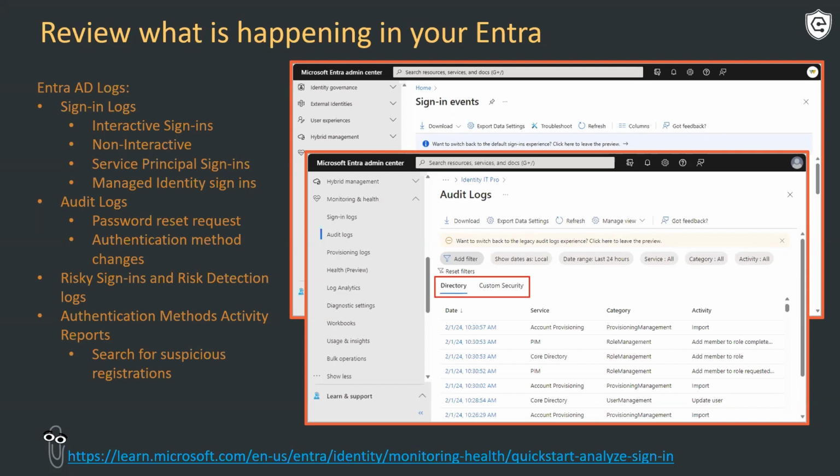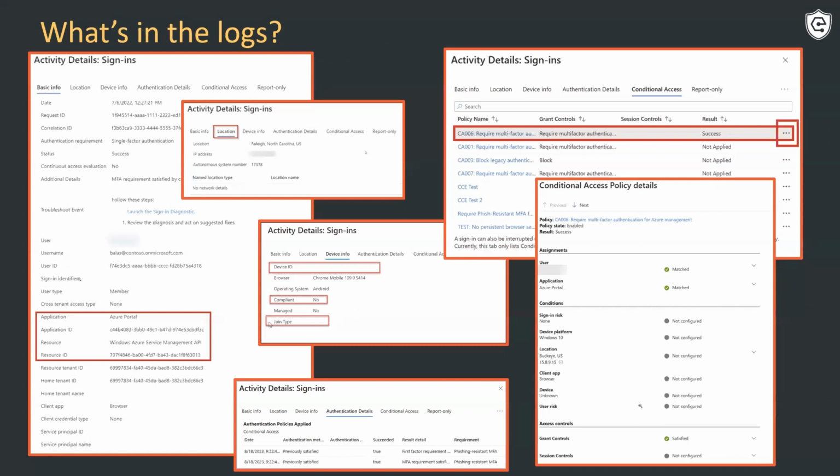So as opposed to just proactively looking at logs, we're going to give you an example of some of the logs that you typically see. The point being that on the left, you see that basic but valuable information: who it is, where they're coming from, what MFA they had to use. But on the right, you actually see which conditional access policies triggered. So this is why you really can't think of conditional policies as a one and done.